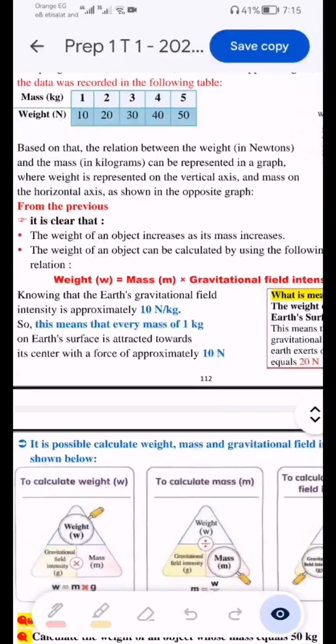Gravitational field intensity of Earth equals 10, but on the moon it differs, and in any planet it differs, and in space it differs. As we know, in space there is no gravity. So the weight of any object equals mass by what? By 0. Gravitational field intensity equals 0. So the weight will be 0 also. Okay,